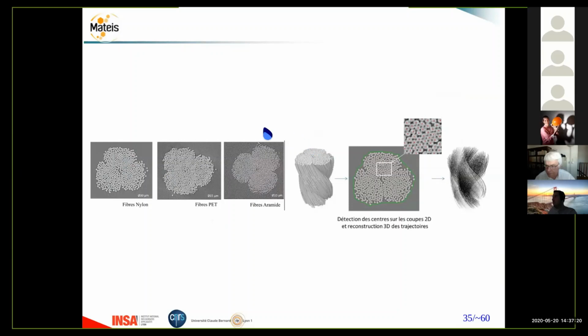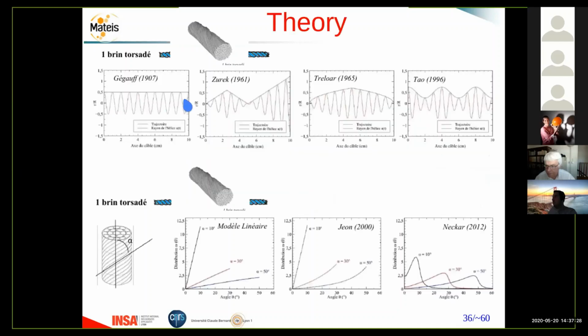So in theory, if you look at a single yarn, for example, in theory, the fibers should follow this type of trajectories. But it could also follow this type of trajectories like this. There are several models which make an assumption of the type of trajectories that you have in your yarn, and depending on the trajectory,